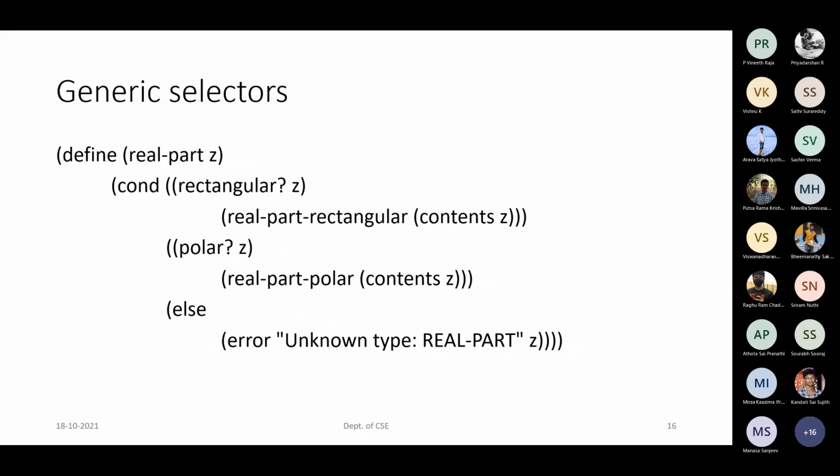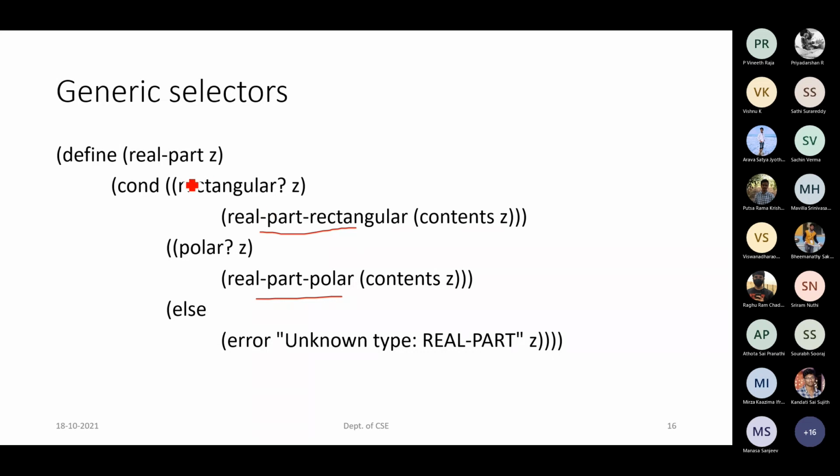So let's start with the real part. When we are defining the real part, how do we define it? First, we have already defined the real part for rectangle and real part for imaginary, right? So these two procedures were already defined. We can make use of these two procedures now. For that, what we have to verify? We have to verify the first part of it, that is, the tag has to be verified.